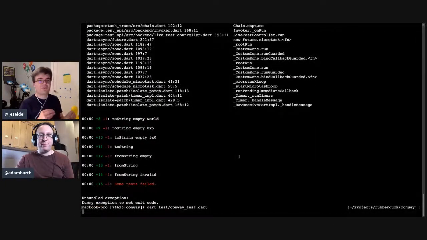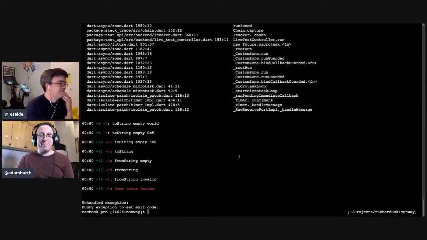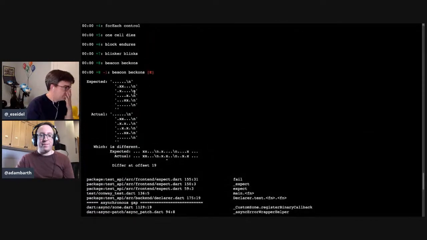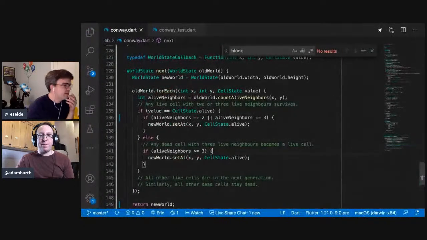Just because now I've lost total confidence in my reading of the Conway game of life. Maybe this will just show it. Okay. It is different, and presumably this is going to show us exactly. It actually is more correct, right? Because the cell that was supposed to die actually did die. But now the problem is there was a cell that was dead that's become alive that wasn't supposed to become alive. Okay, so let's go back to our reading here.